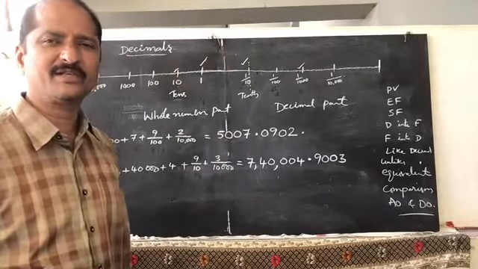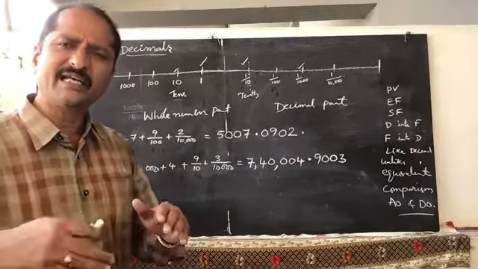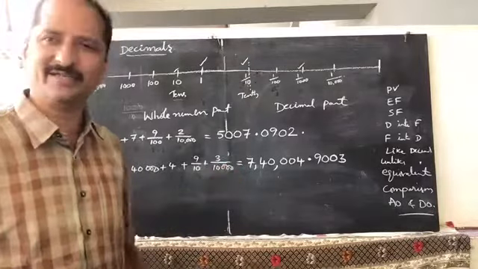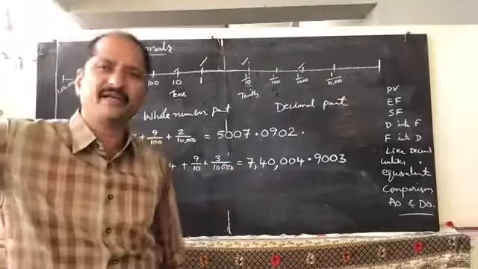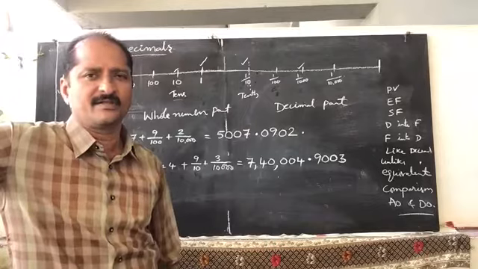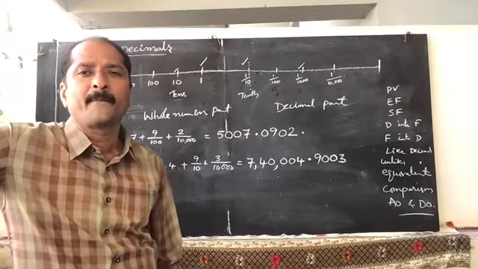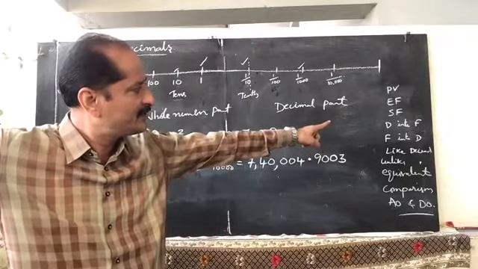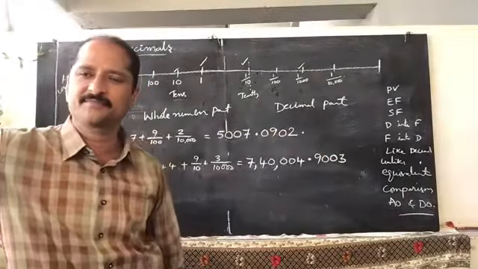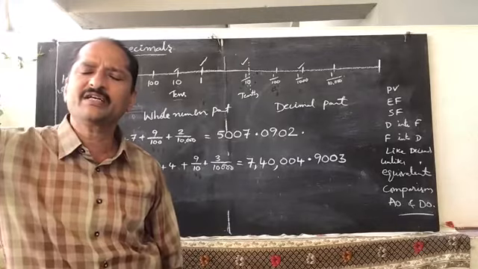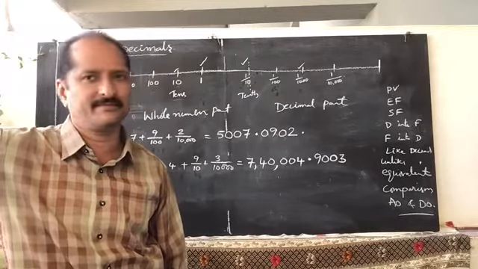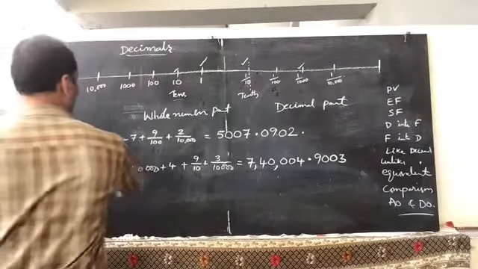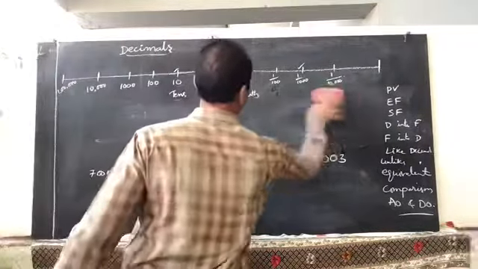In this way you can convert expanded form into short form. Like this you can take different kinds of examples of your own and practice easily, and get it clarified by your teacher. So that is decimal short form writing. The next one is conversion of decimals into fractions. How can you convert a decimal into a fraction or a fraction into a decimal? Let us see. Now take some examples here for conversion of decimal into fraction or fraction into decimal.